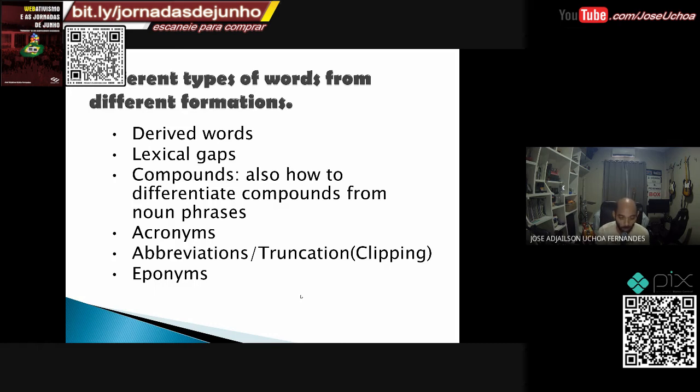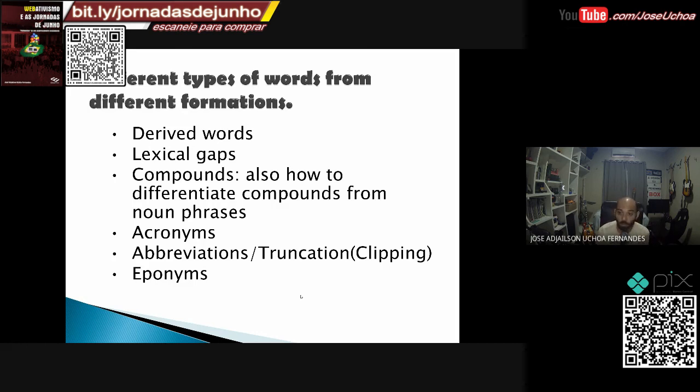You get it? When it's named after someone. So when you get proper names and you turn proper names into new words to mean that these new words are related to that proper name, they are eponyms. For example, American is an eponym because it comes from the proper name America,